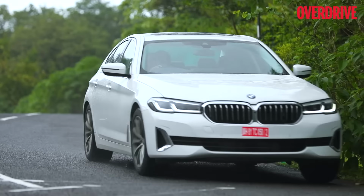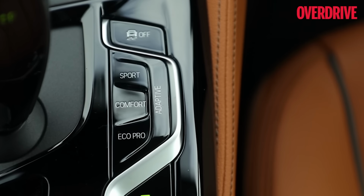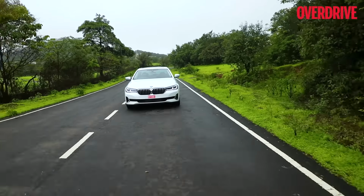When you put your foot down, you are met with a nice growl from the engine, which is otherwise very silent and very refined. You do get the standard range of drive modes in the 5 Series. You've got Eco Pro, which puts the entire car in its most lazy, laid-back setting. You've got Comfort, which steps it up a notch, and Sport,